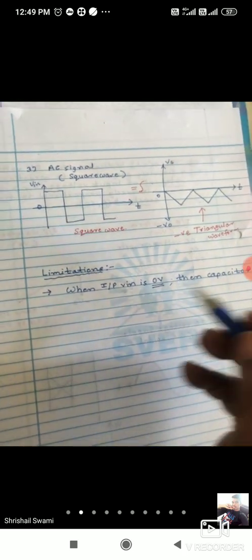So when input Vin is 0 volt, then कॅपॅसिटर CF, कारण त्याच्यातलं करंटच फ्लो होणार नाही ना, इनपुट झिरो असेल तर करंट कसं फ्लो होणार? देन इफ करंट इज झिरो, then circuit acts as an open circuit,